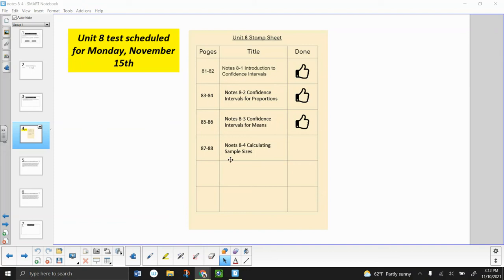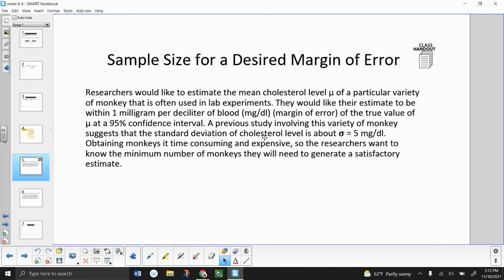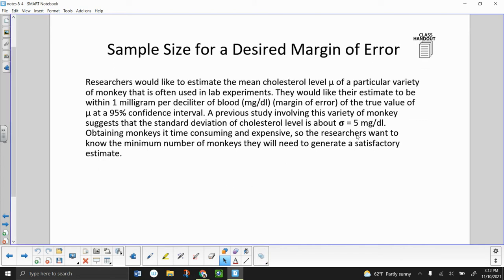All right, here's the video for notes 8-4, calculating sample sizes. So we know how to calculate confidence intervals for certain levels of confidence based off of certain values. But in this lesson, we're going to talk about how to calculate a particular sample size if we want a desired margin of error. So in this problem, it says researchers would like to estimate the mean cholesterol level mu